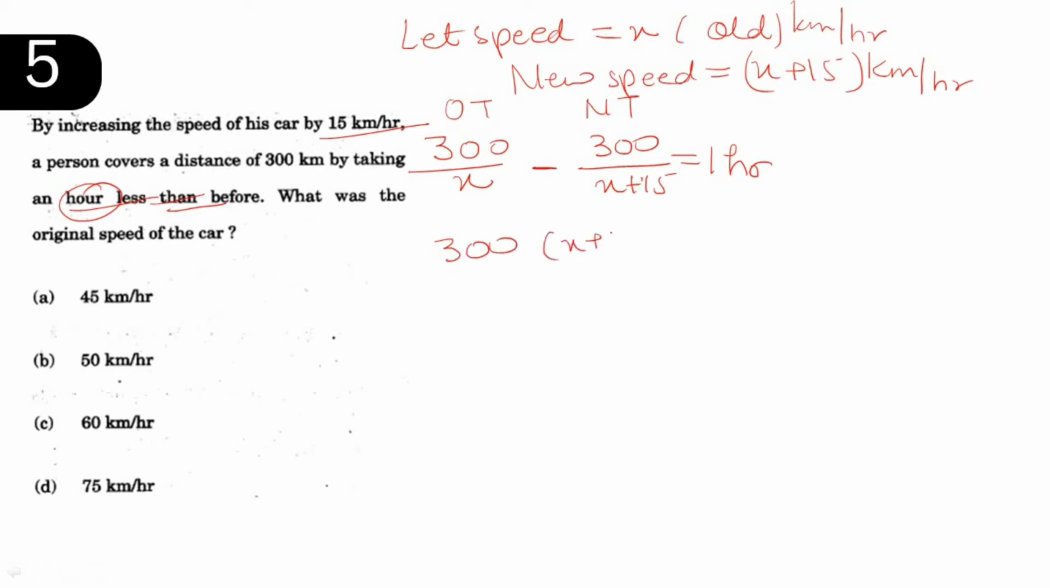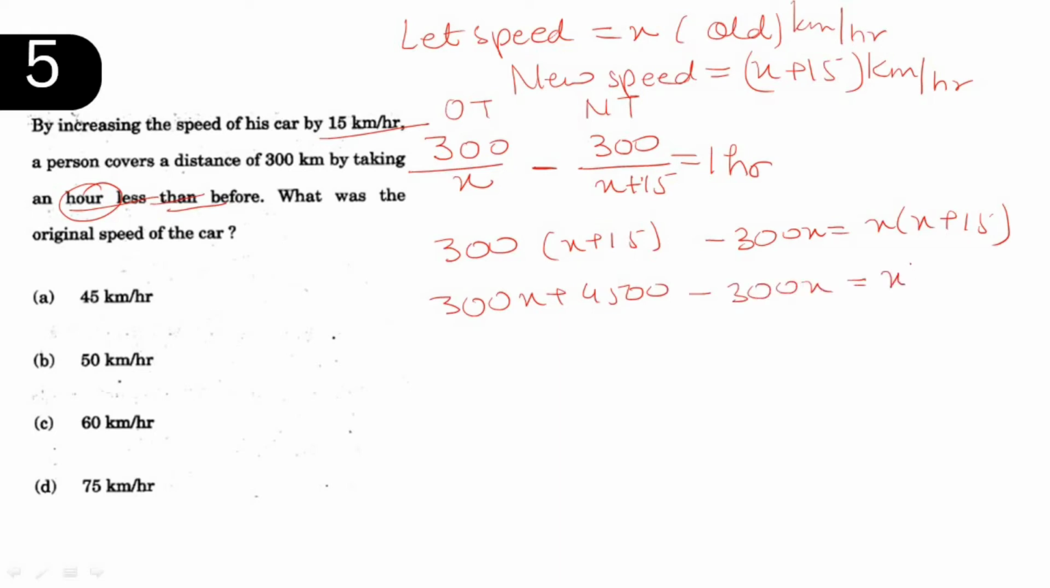300x plus 15 minus 300x is equal to x into x plus 15. We have just taken the LCM and did cross multiplication in the same step. So here comes 300x plus 300 into 15, 4500 minus 300x is equal to x square plus 15x. 300x will get cancelled out. So here we will get a quadratic equation, which is,